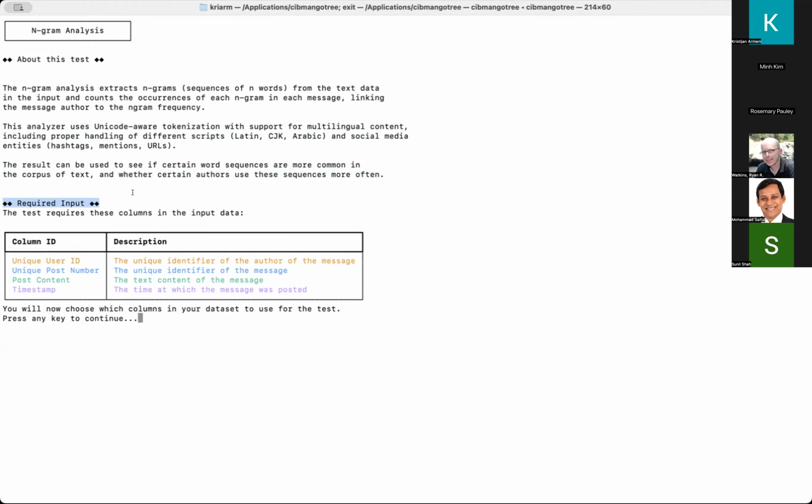And you've given me this data. Now tell me which of the columns I should look at to do the test. Here it gives you again a little hint, we will need four columns for this one: user ID, post number, the actual text that we're going to analyze, and then the timestamp. These are required. Nothing needs to be done at this point.